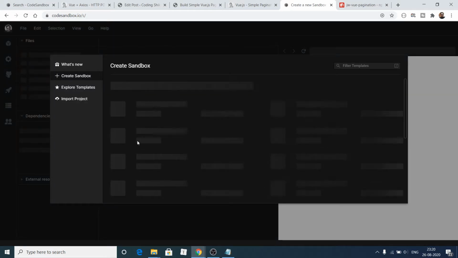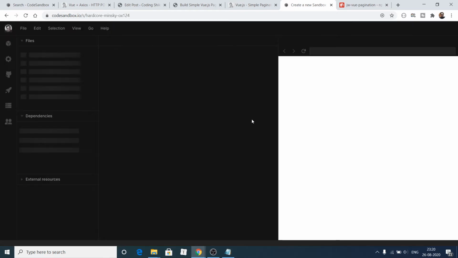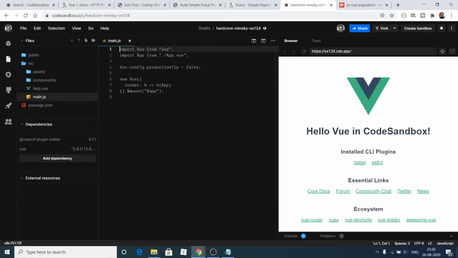Now let me select my Vue application. Let me click it. It will instantly build a Vue.js application. So just wait, it is building it. And now you will see a newly created Vue.js application is ready.